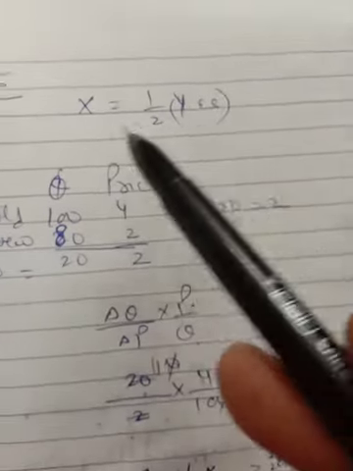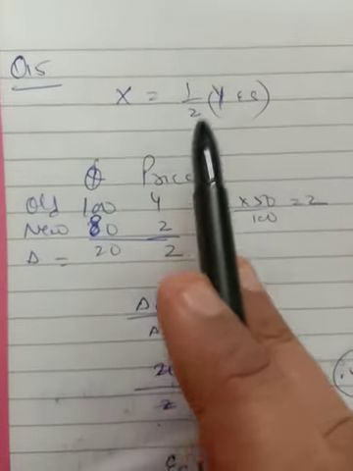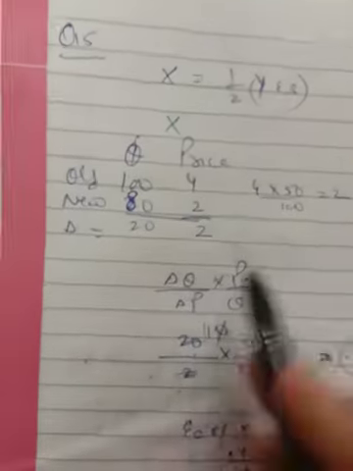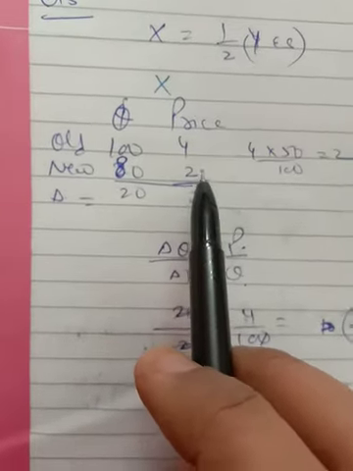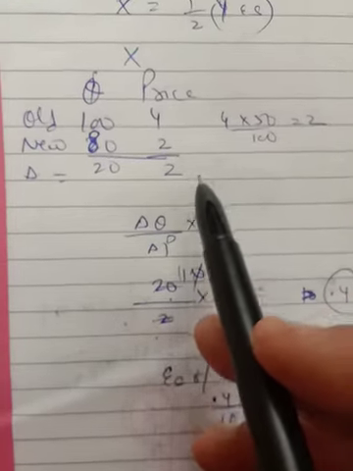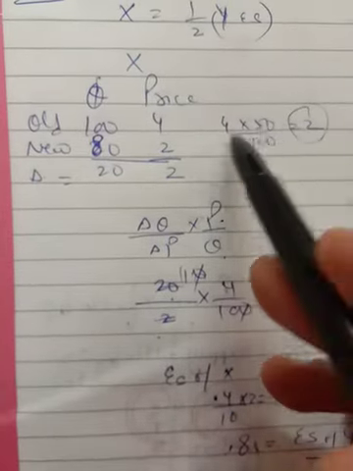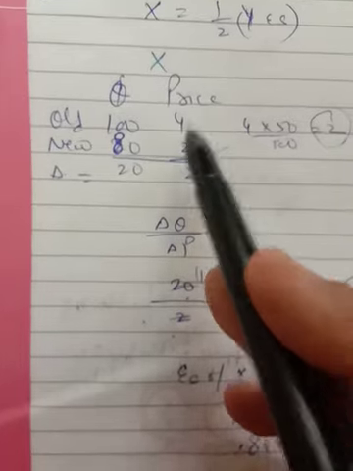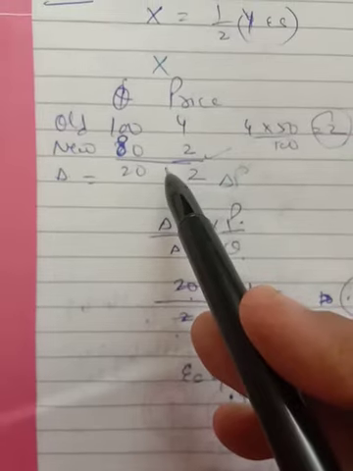I am just taking this as X, where the elasticity of supply of X is equal to half of the elasticity of supply of Y. So here is the calculation for X. Old quantity 100 and old price 4, new 80, and then this is 2. How do I get it? Because it is given that the price of X falls by 50%. So I take 50% of 4, that is 2 rupees. So that is the fall. The new price is 2 and the change in P is equal to 2. And now it is given that the quantity falls by 20 units.